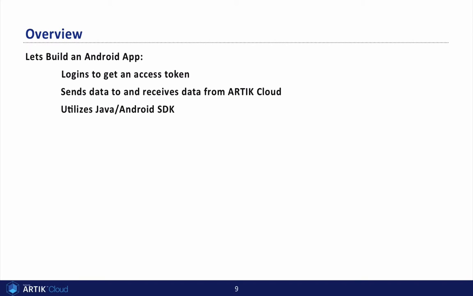For this Android application, you will learn how to implement logic for the OAuth implicit method to get the user token. Then how to use that user token to set up the API so that you can get user info from ARTIK Cloud, send data to ARTIK Cloud, and also receive data from ARTIK Cloud. This application uses the ARTIK Cloud Java Android SDK, which significantly simplifies